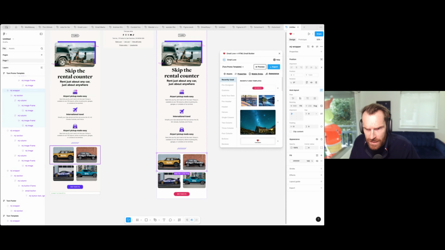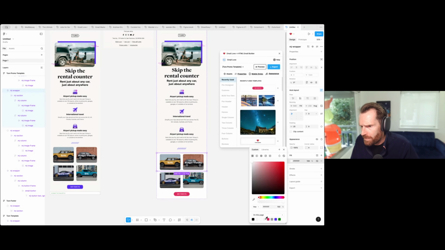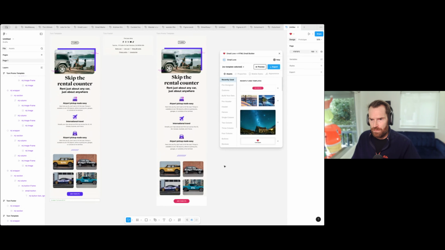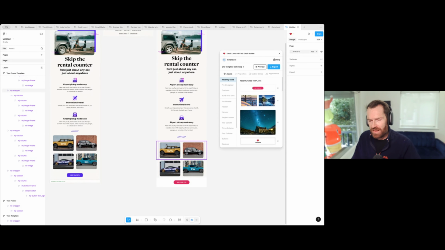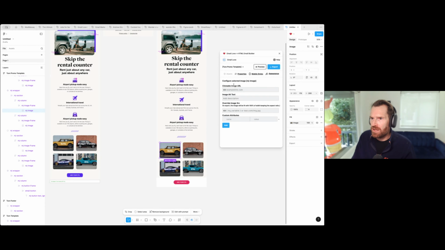Okay, I do think we need some additional padding, so I'm going to add padding around here, and we also need to update the background color. And then that was pretty easy. Again, for the images, if we want to link these, which we probably do, you just select the image, click on properties inside of the plugin, and you can add your image URL, your alt text,